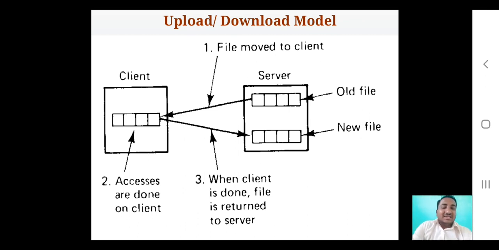So you see, it is a three-step algorithm where we have a server that is expected to provide file services to different types of users, and a client who will be requesting a type of service from that particular file server so as to get the file, perform the operations, and again return that particular file. So the upload-download model comes with the prerequisite that we have a stateful workstation model